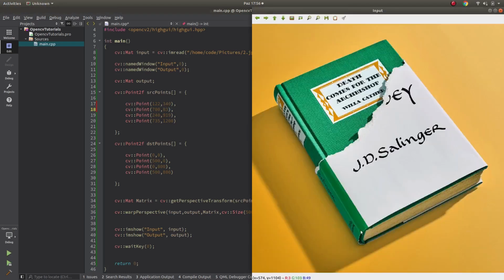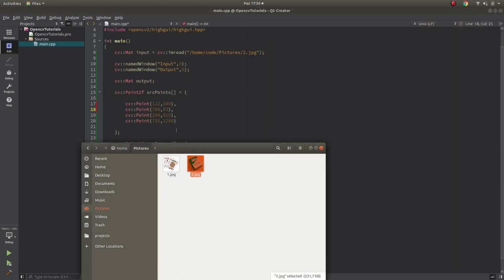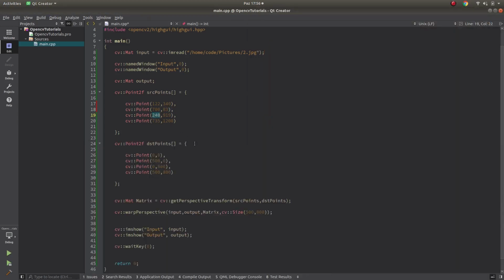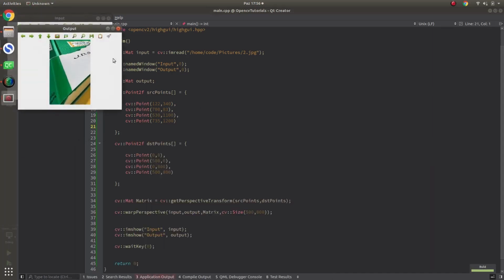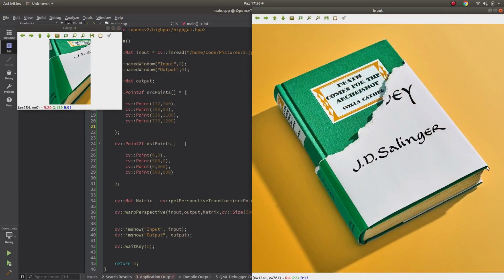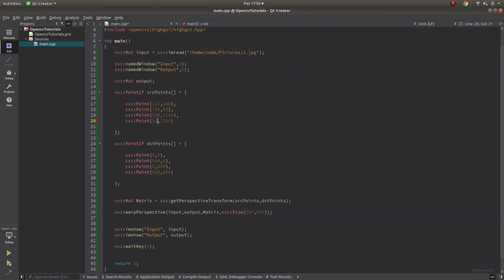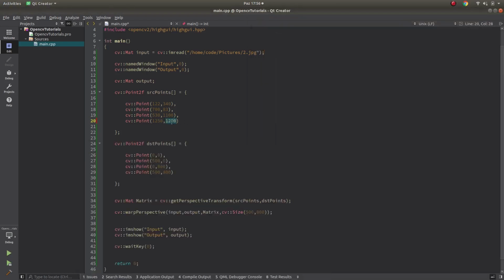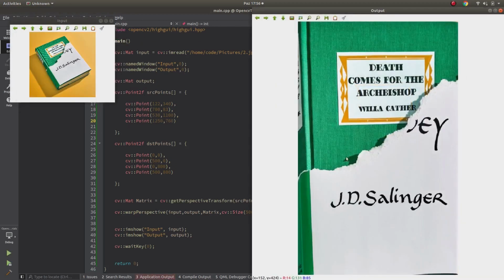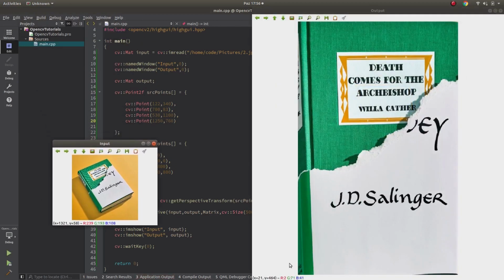Here is 570, 1100. Okay, it's gone. Let's rerun. And here is 1250, 100, 2050, and 760. Maybe we didn't give good input, so that's why it's different.